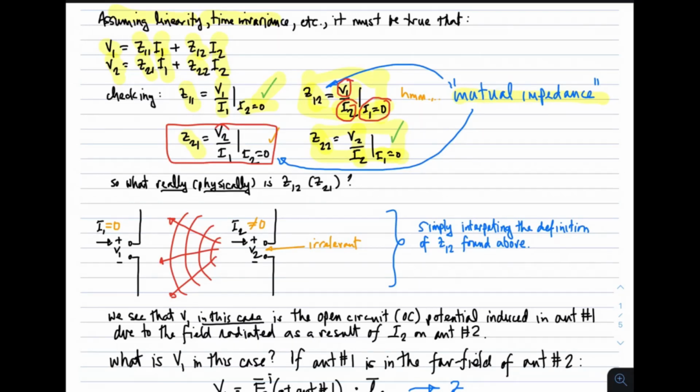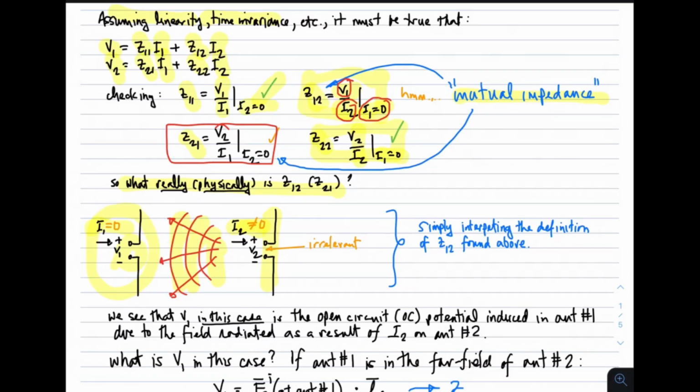So you could now ask the question, what really, that is physically, is Z sub 1,2 or Z sub 2,1? What are mutual impedances? Well, if we just look at Z sub 1,2 above, we established that that is a case where I sub 1 is 0, that is, that first antenna is open circuited. I sub 2 is something other than 0. In that case, the second antenna here is radiating, and it's radiating and resulting in an open circuit potential on